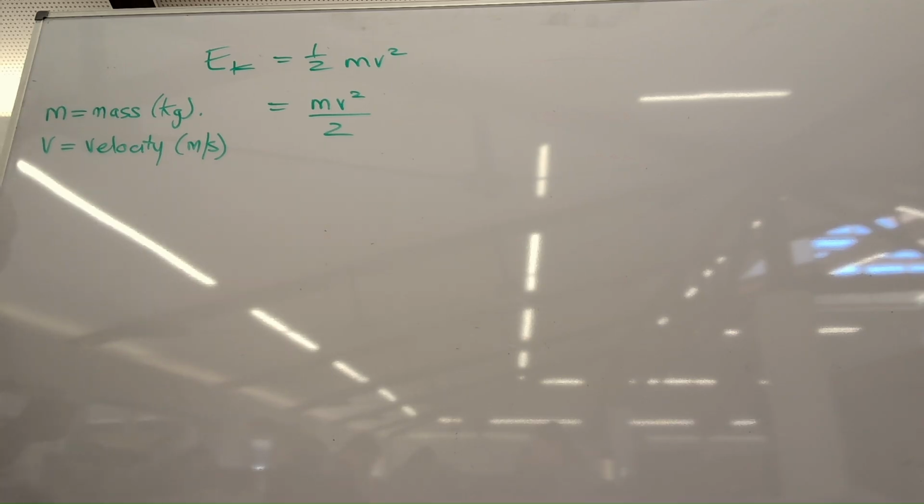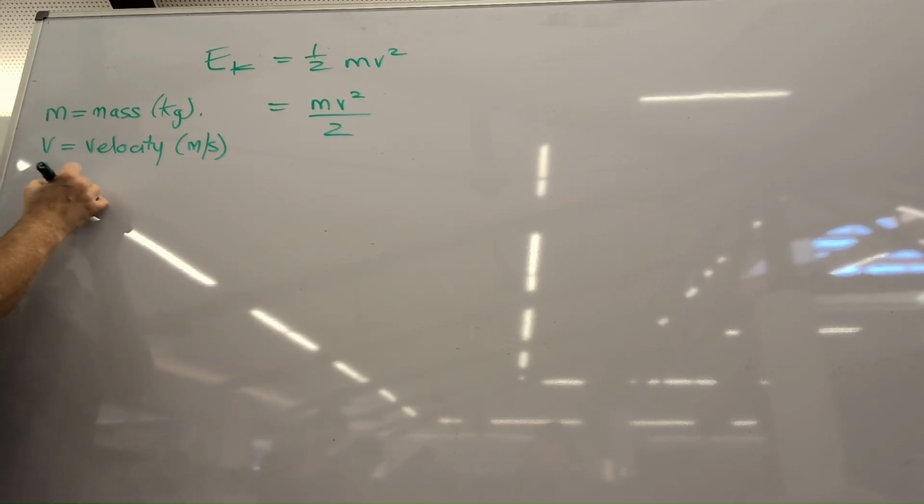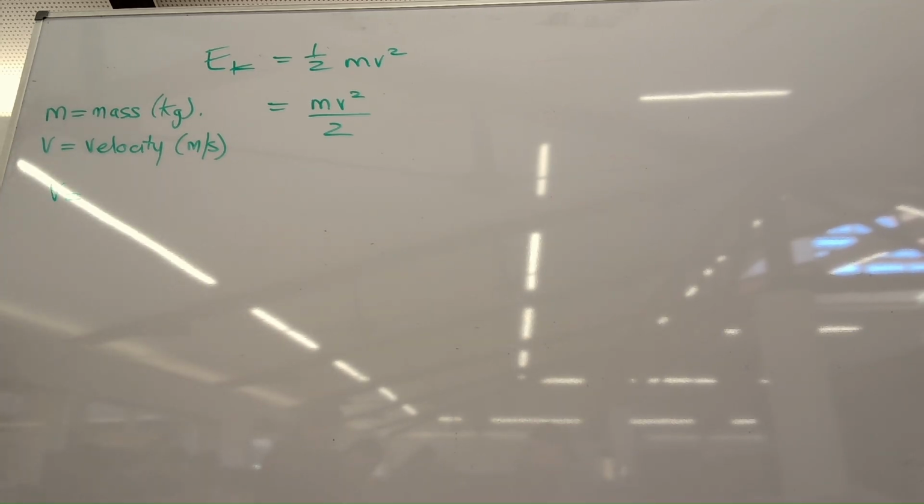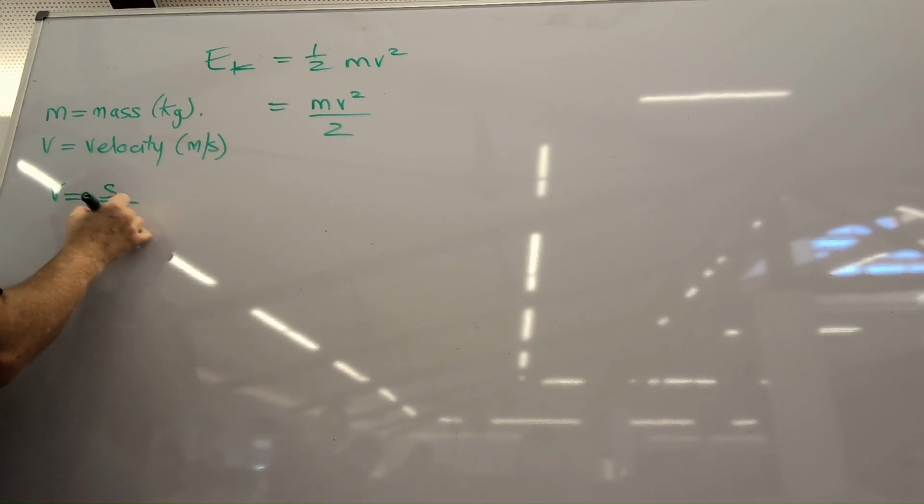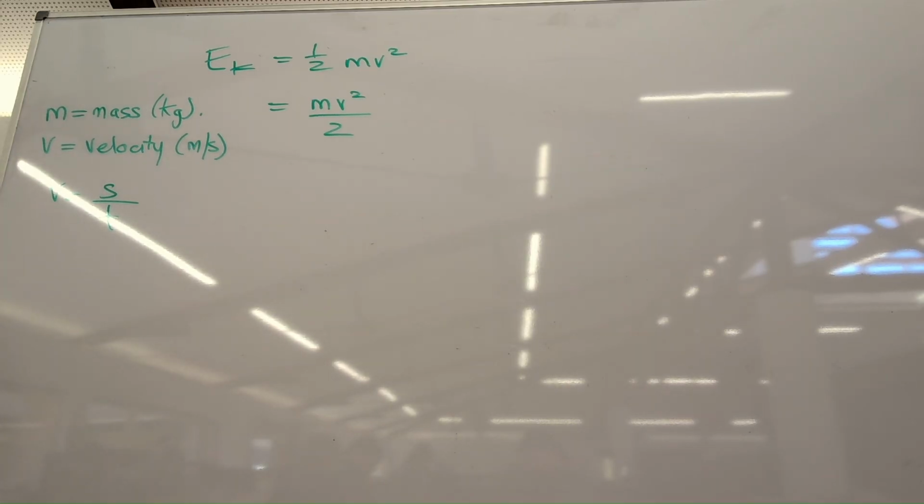So the way that you calculate velocity is distance divided by time. We'll put S. S is distance divided by time. Okay? So if we were doing an example of this using this equation,